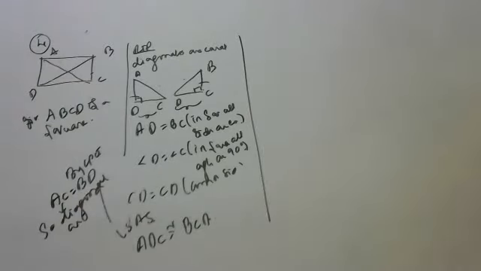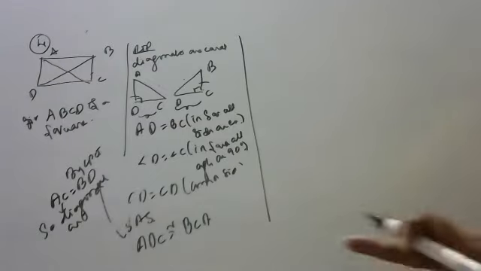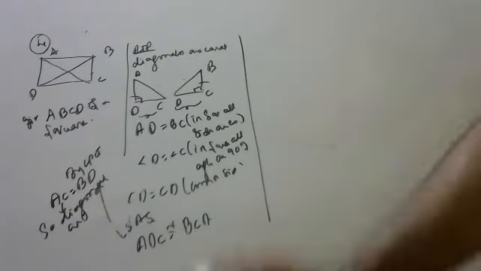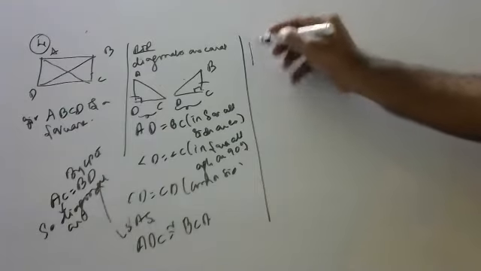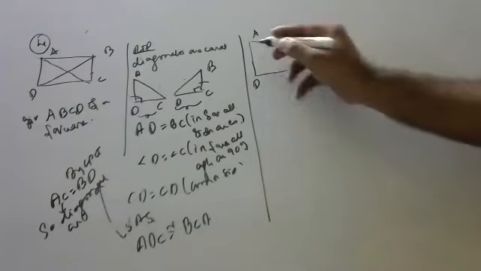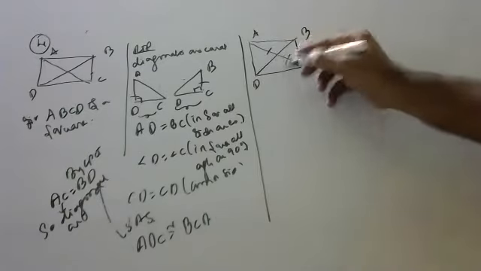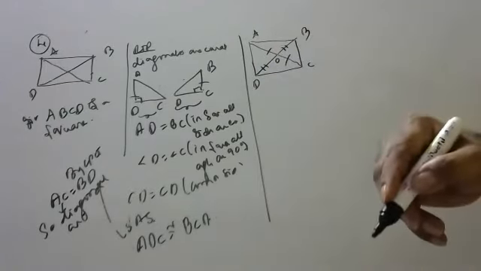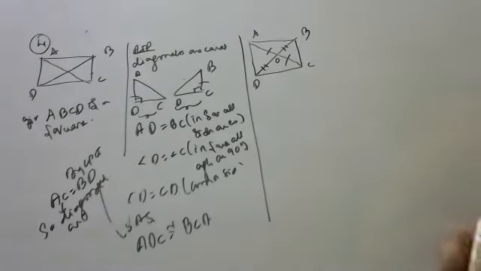And he said they bisect each other at right angles. Children, he is only saying they are bisecting, but he is asking us to prove it at right angles. So try to understand. Very easy, children. This is ABCD. He said that they are bisecting. Bisecting means this and this are equal, this and this are equal. He said they are bisecting, but at 90 degrees. Let's prove it at 90 degrees.